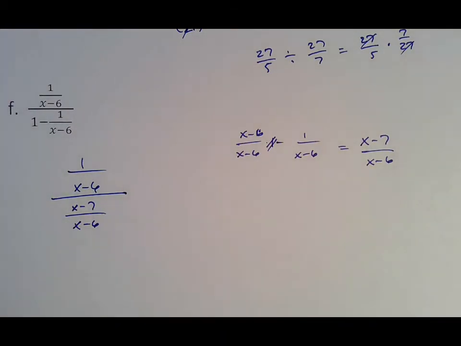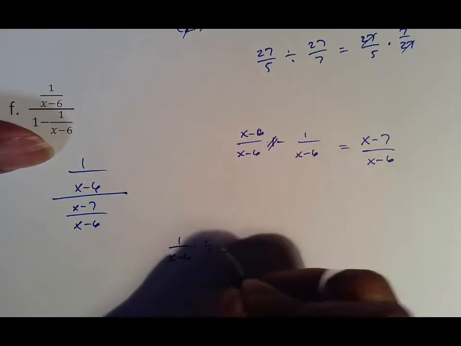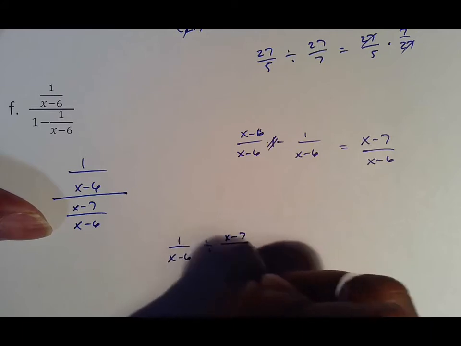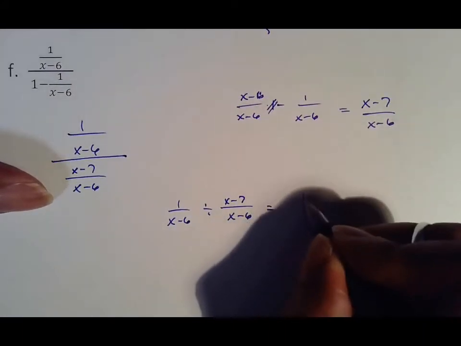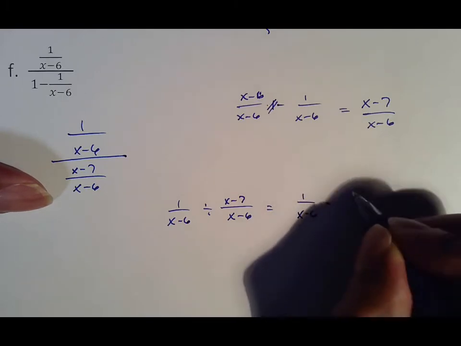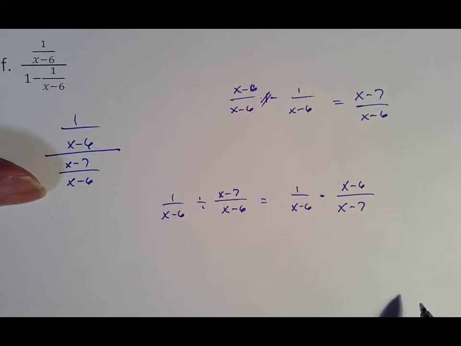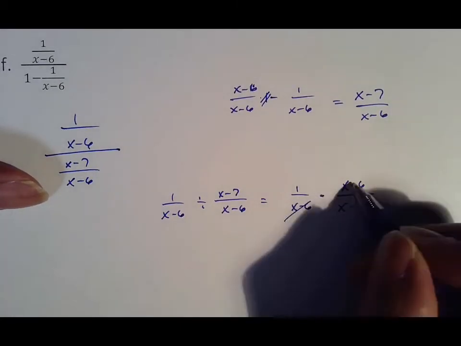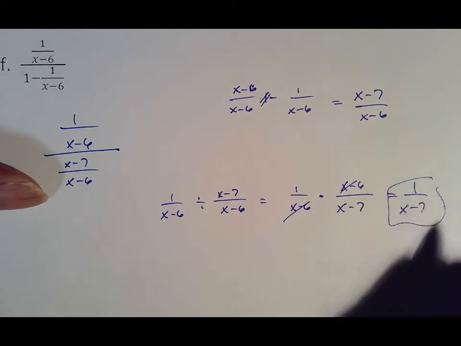Which therefore equals, well, again, I'll do it the easy way, which is 1 over x minus 6 divided by x minus 7 over x minus 6, which means I then need to rewrite this as 1 over x minus 6 times x minus 6 over x minus 7. And remembering what we did with multiplication, these two things cancel, leaving us